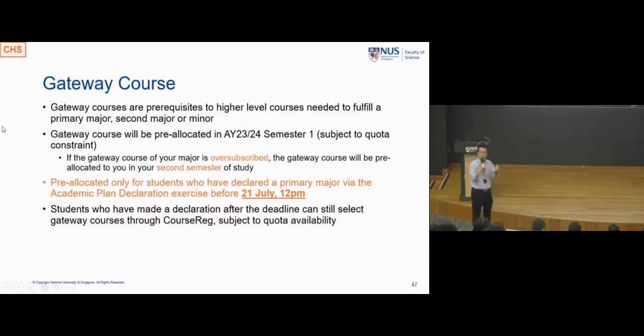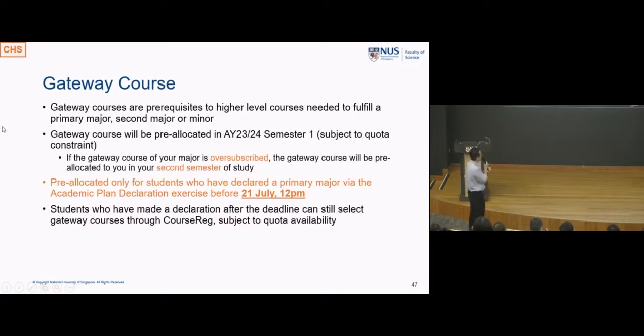If it is not right for a primary major, perhaps, like what Fook Tim mentioned, drop down to a second major or drop it down to a minor level. Okay, so all these are gateway courses that expose you to a particular area to help you make up your mind.